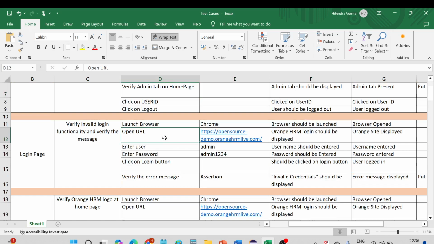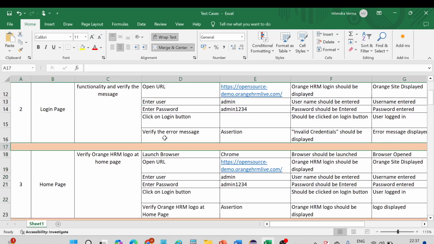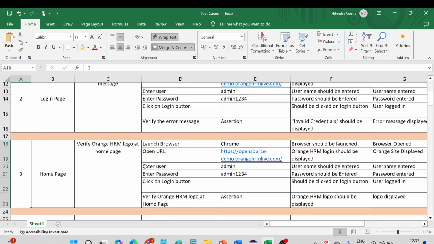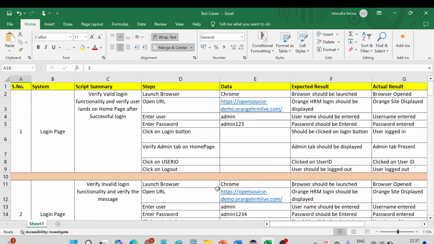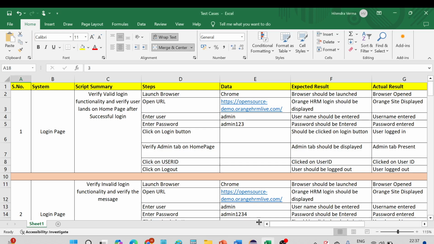And similarly we have another test case for invalid login, and we have one for OrangeHRM to verify the OrangeHRM logo on the home page. So these are the few test cases which I have written. The template I'm going to provide in our ATI digital hub site. Last time I gave the link for Java and Eclipse, so I'll provide the link for this template as well, so you can easily download this template, which is free of cost. Okay,